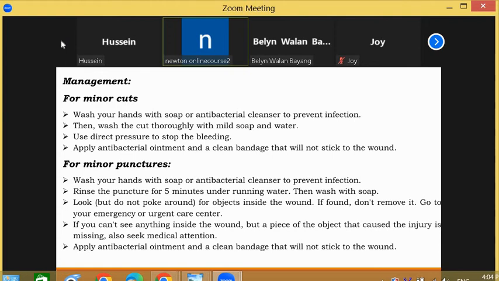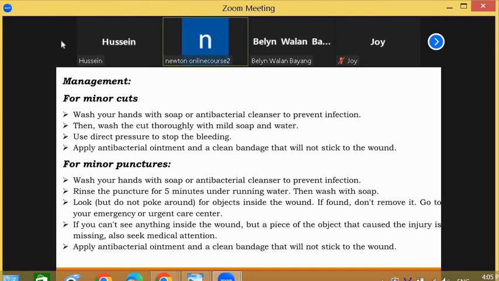Next, what do we do for minor punctures? Same as before, wash your hands properly. Next, rinse the puncture for 5 minutes under running water. Keep the patient's hand under the water for 5 minutes, then wash with soap. For example, if you find a glass material inside the puncture,